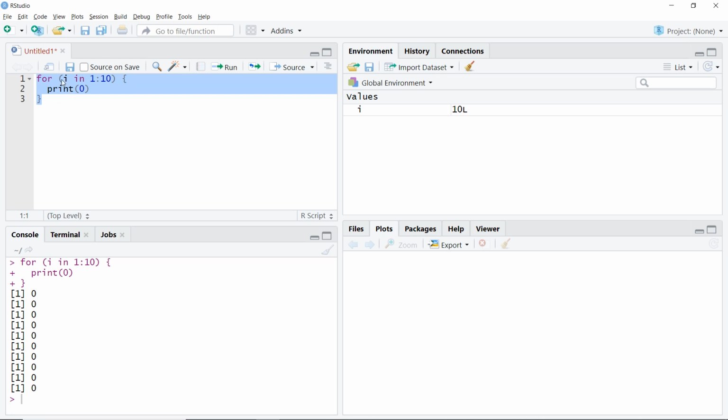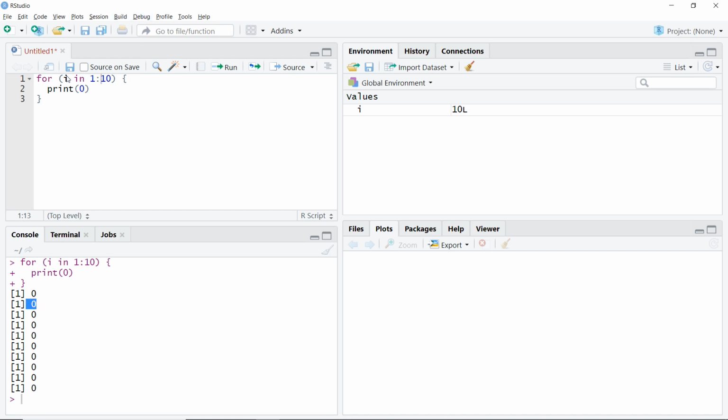What it did was it took i as my first value 1, went inside the loop and said print 0, so we got 0. Then it took i as 2 and again went inside the loop, print 0, and so on.